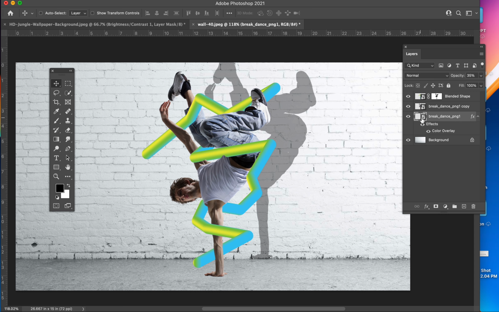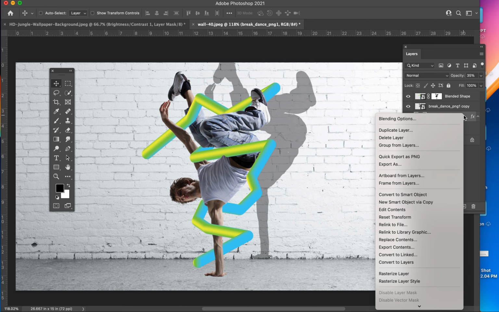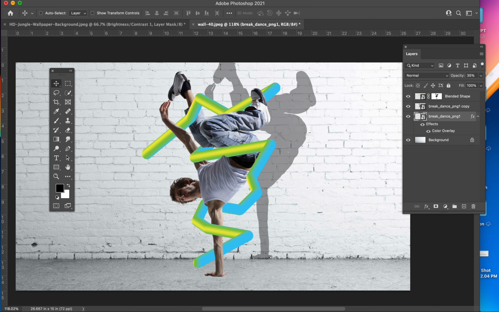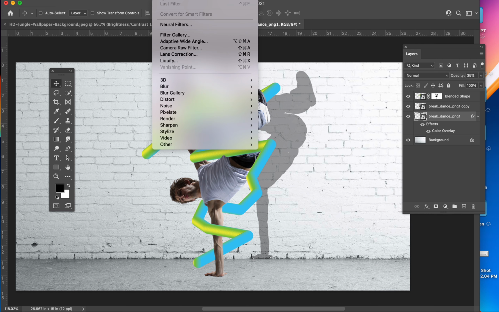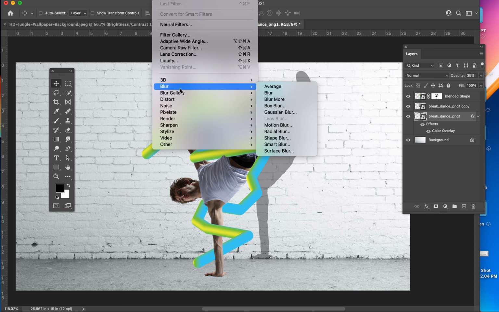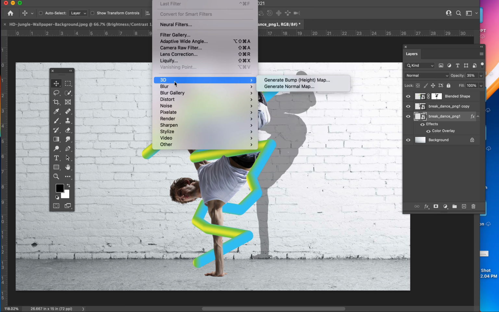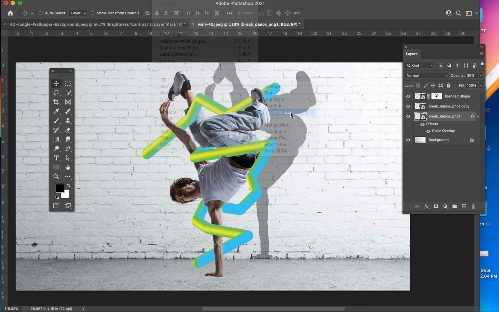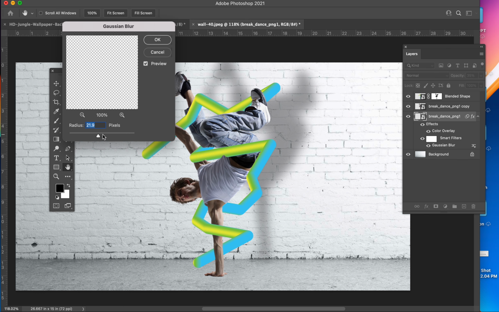If your layer is not a smart object, which ours currently is, we want it to be a smart object. So if it is not, you will right click on that layer and go to convert to smart object. That way, whenever we apply the blur filter, we will be able to go back in and change that filter if we want. The blur isn't going to be burned into our image. We'll be able to continue to make edits and changes if we want. So go up to your filter, blur, Gaussian blur, and blur it at